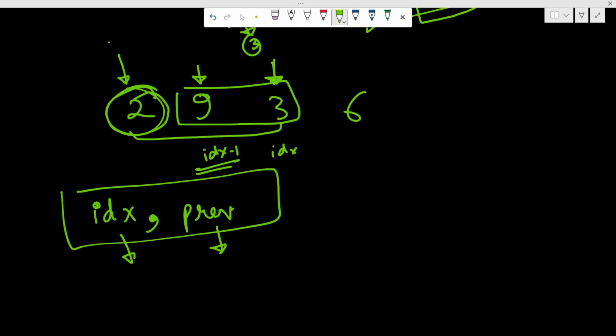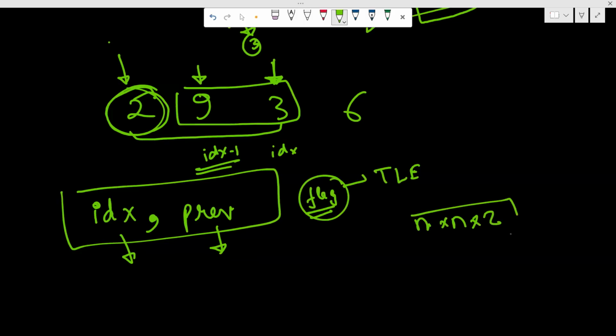So what I did in the contest was I just maintained an extra flag which told me whether I have 2 elements or 3 elements, but this gave me TLE. Okay. So n multiplied by n multiplied by 2. This approach gave me TLE. So what I did was,